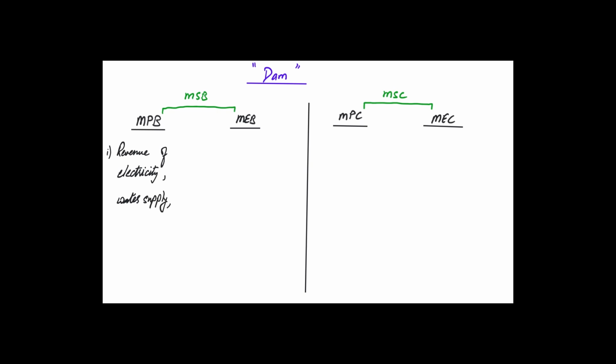Or maybe they might use the dam to go from one side to the other, so there might be toll revenue, or it could be for tourism purposes, as in our discussion earlier. So these are all private benefits because you're paying to get this electricity, you're paying to get this water, you're paying to travel through it, you're paying to be entertained through tourism, and you're getting the benefit.